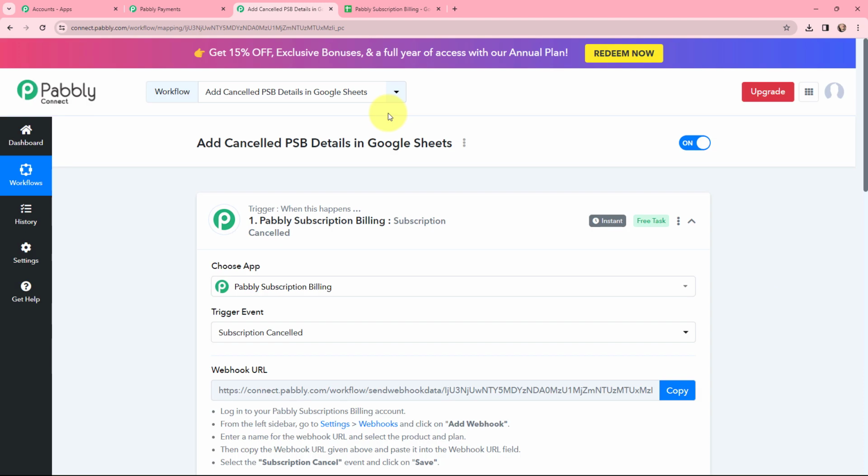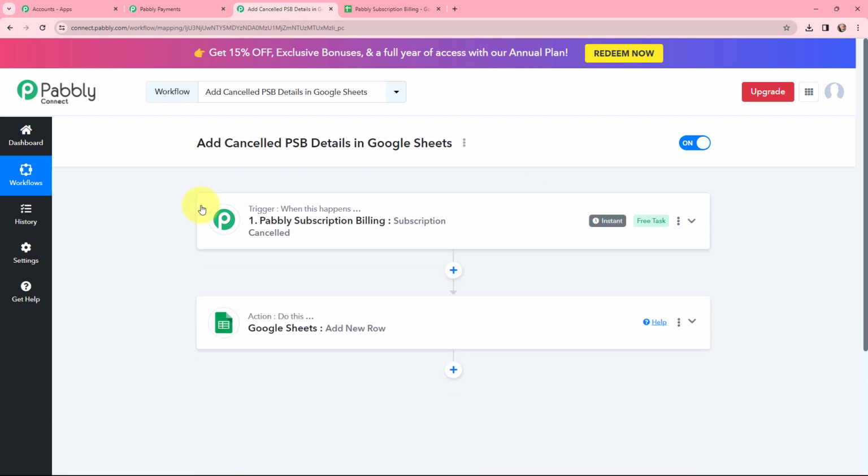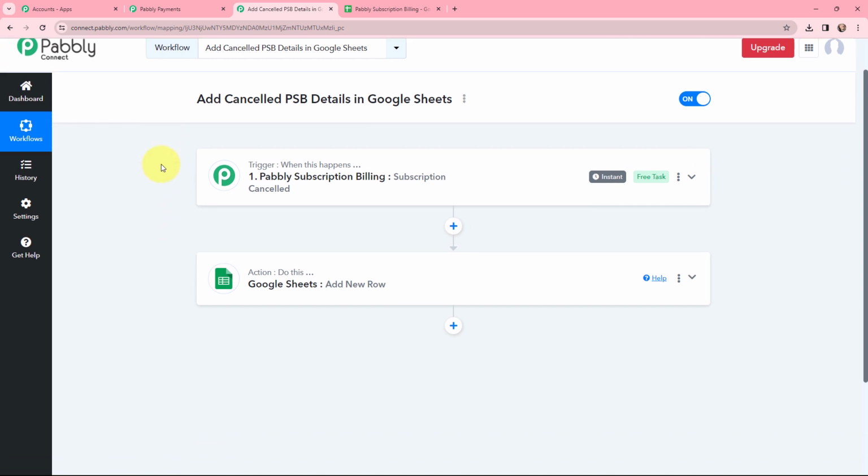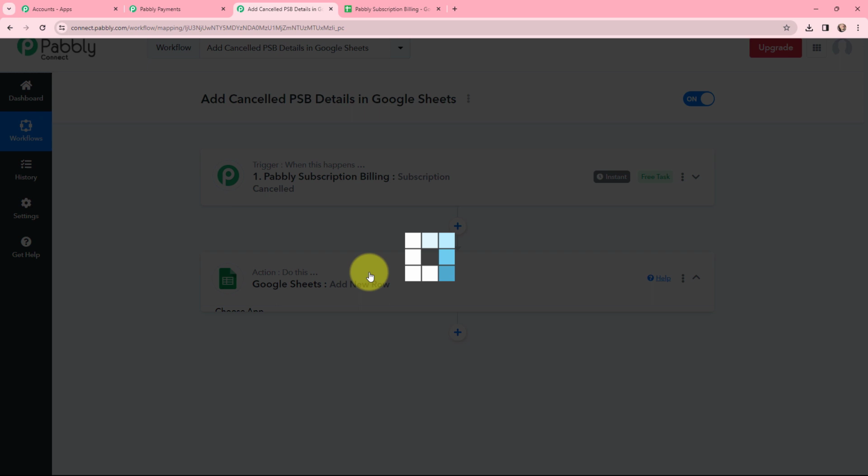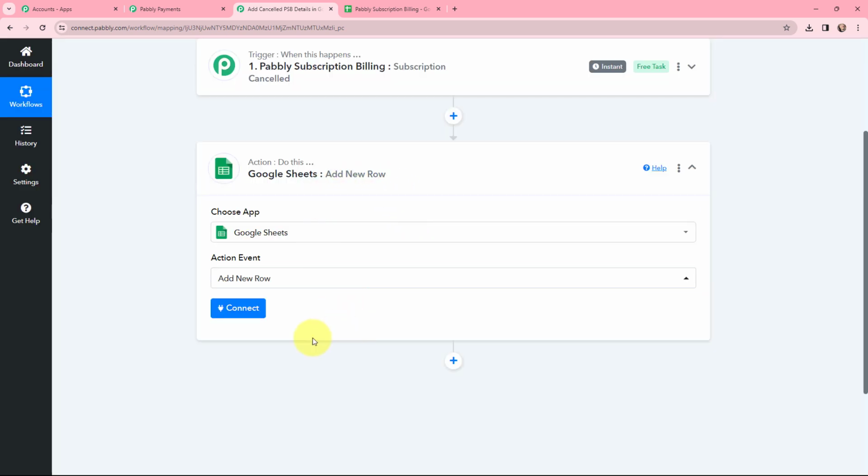So the first step of this automation is set up. That means now whenever a subscription is cancelled in Pabbly Subscription Billing, then automatically the details of that cancelled subscription will be captured over here in Pabbly Connect. So this trigger will instantly capture the new incoming data, and the workflow execution will start in real time. So as I've got the cancelled subscription details here in Pabbly Connect, now I want to add those details in my Google Sheets. So now to do that, firstly I need to establish a connection between Google Sheets and